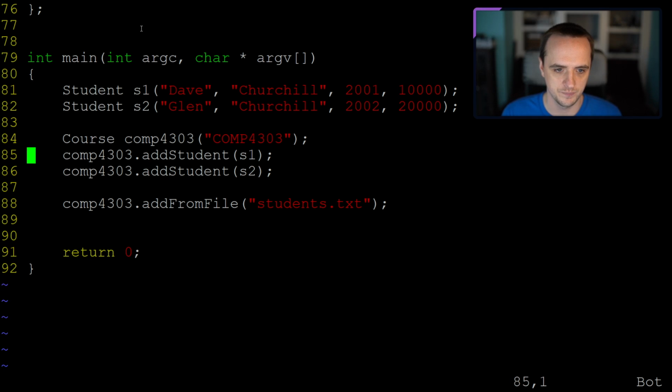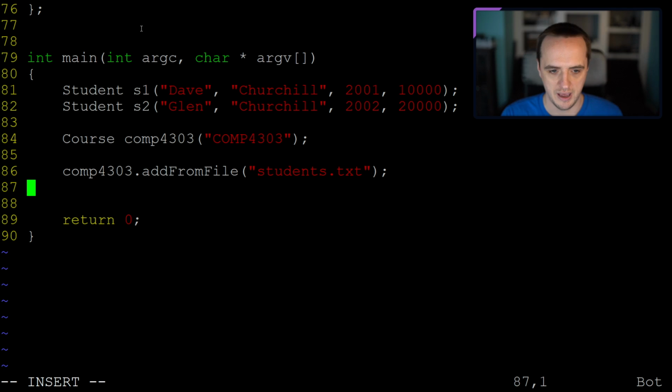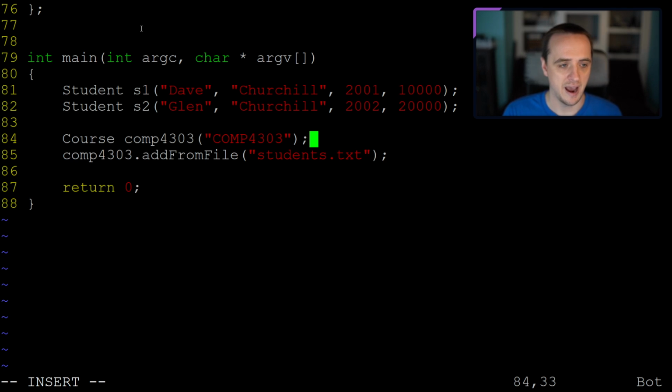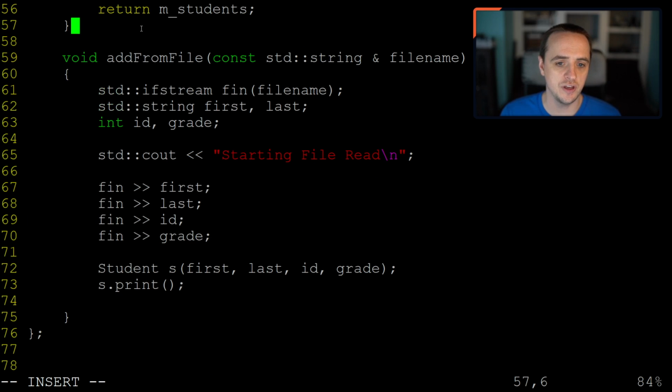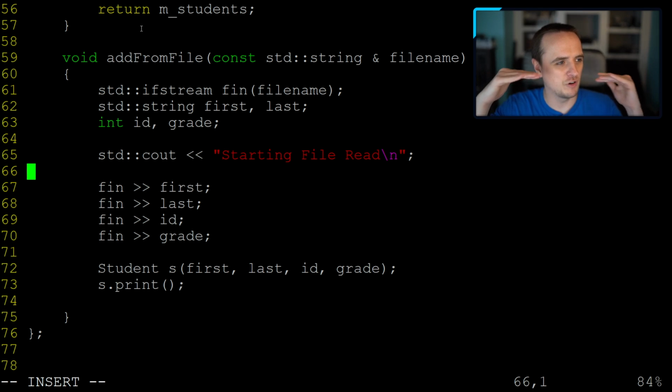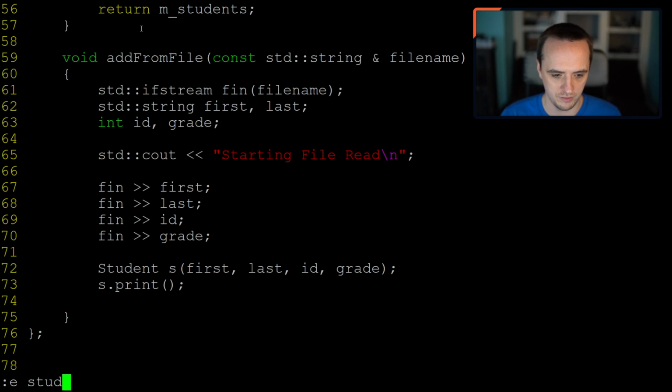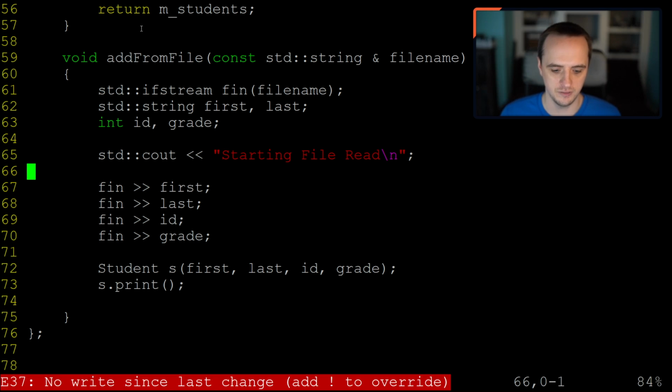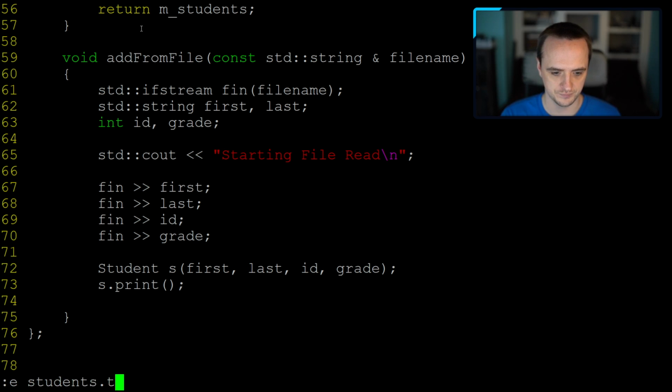So let's go down to where we were before, and we're going to get rid of this that we did. I'm just going to create a course, and I'm going to add all the students from the file. Okay, so we're going to keep going. Now, you could do this in a way where you keep reading different lines from the file. You say get line, and then you could construct a stream based on that line. But since we know the format of our file, so if I open that up again,